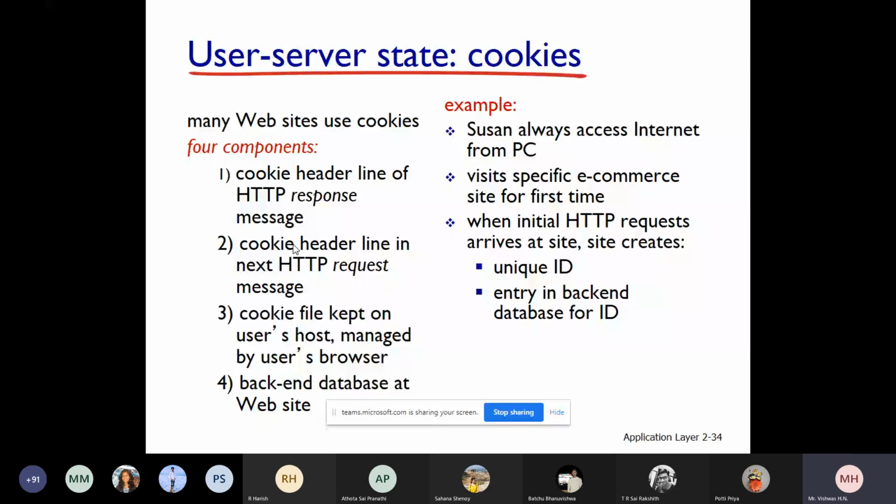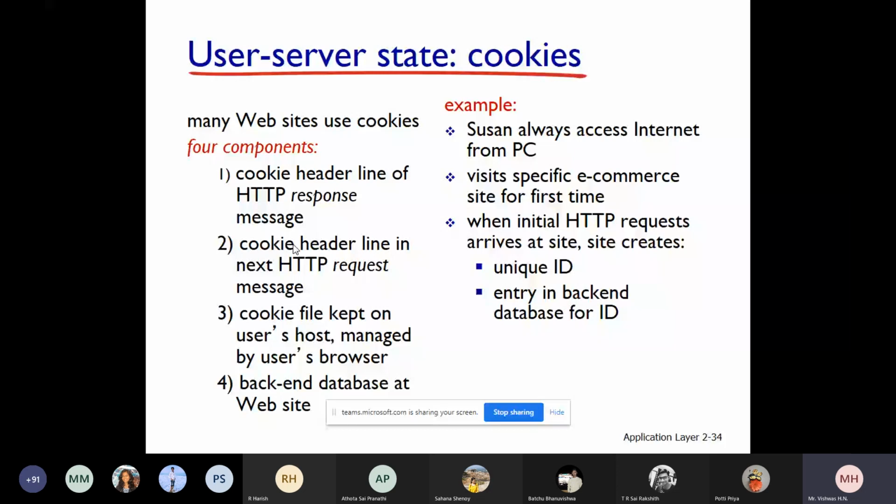You will browse some products there, and then you will come out. Tomorrow when you log in to the Amazon server again, you may get recommendations based on the products you researched the previous day. You might have observed it. HTTP is a stateless protocol, so it will not keep track of what you did the previous day.